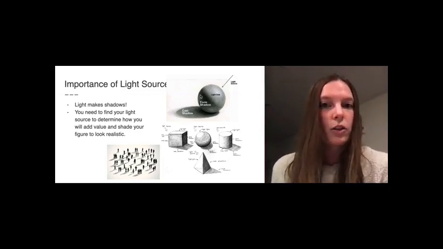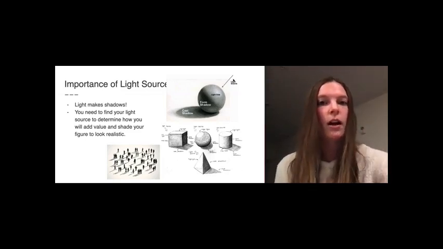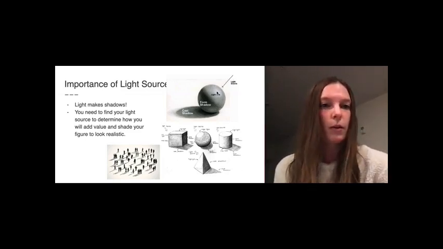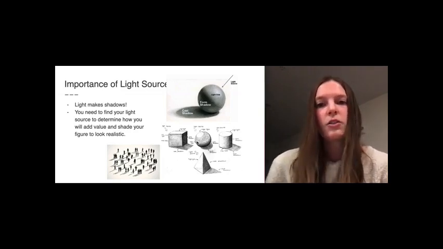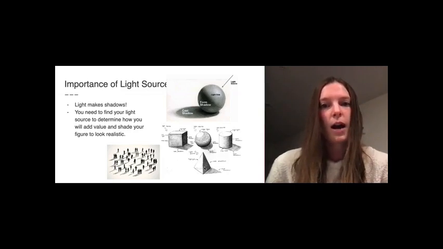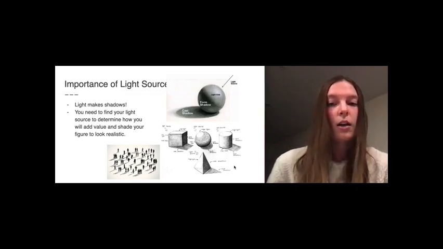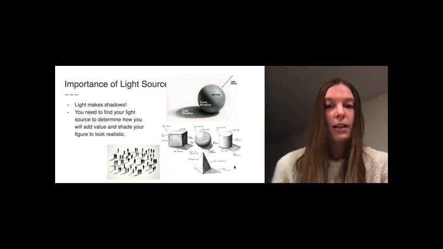So in this picture, we see how someone made a sphere, right? They chose a light source to be in the upper right corner. The lightest part is where the light's hitting. It's going to form a shadow, and that's where all of our grays are going to be in our value scale. Then the darkest shadow is going to be where the light isn't at all, where it doesn't hit, right at the end of the sphere. That's why it creates this illusion that it's coming off the page, because we believe that's what happens in real life. And here are just a bunch of shapes for you. That's going to help you later on when you make your own shape that pops off the page.